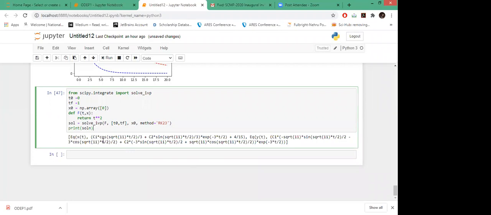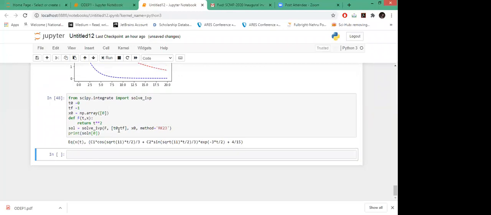This is the solution which we used earlier, but why isn't it? It should give us this.